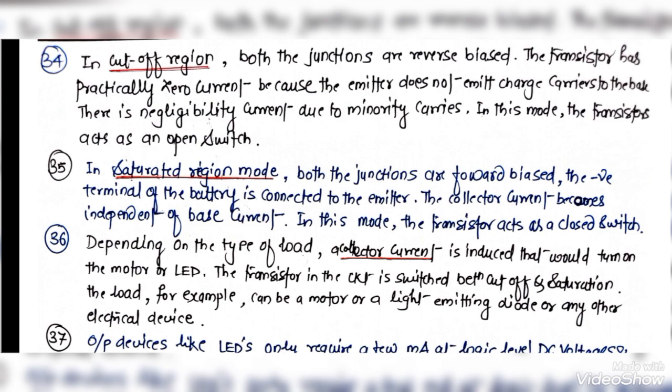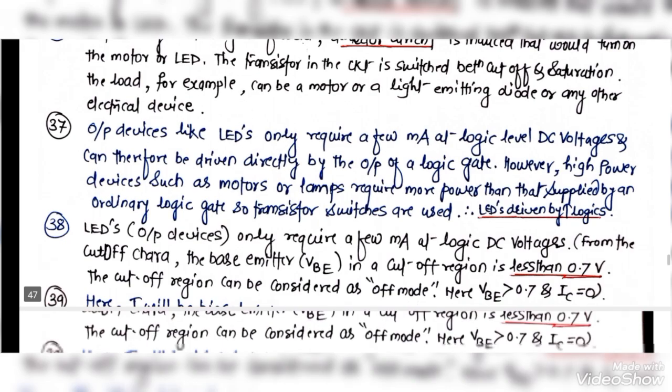Depending on the type of load, a collector current is induced that would turn on the motor or LED. The transistor in the circuit is switched between cutoff and saturation, and the load, for example, can be a motor or a light emitting diode (LED) or any other electrical device. Output devices like LEDs only require a few milliamperes at logic level DC voltage and